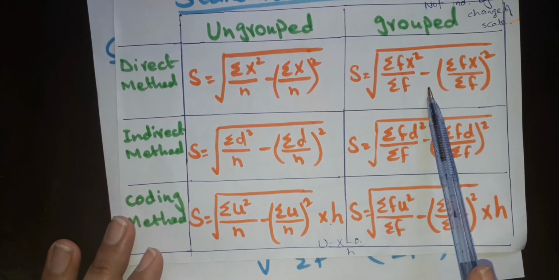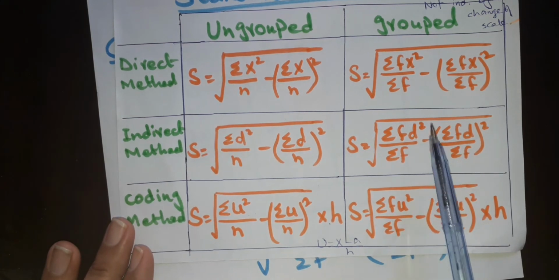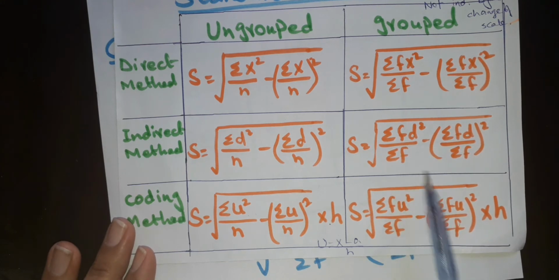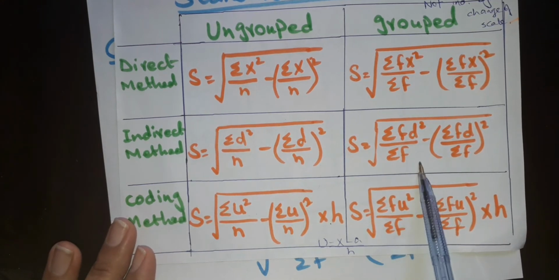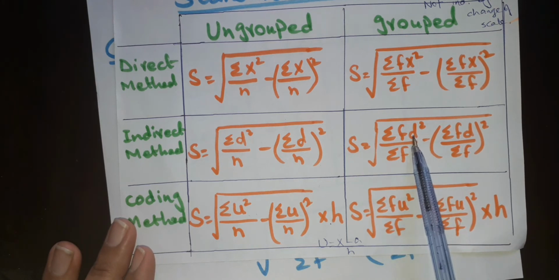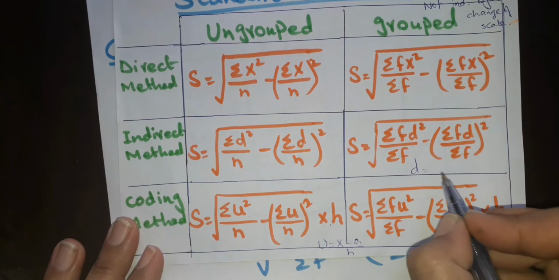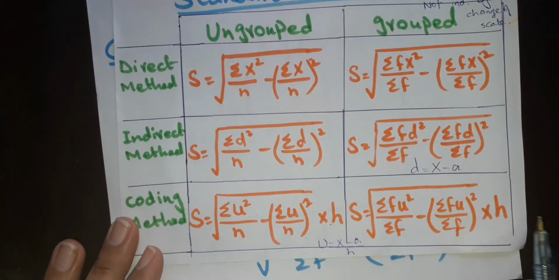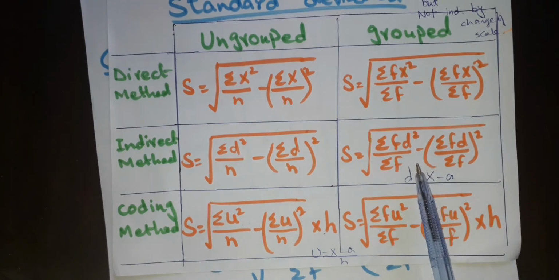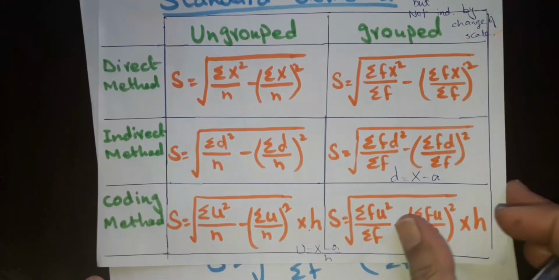I prefer this one formula. But if you think that values are complicated and you can use a shortcut formula, then use this one. It is also very helpful. You just have to make one more column, D. And how can we make the column of D? By using this formula, D is equal to X minus A. So I'm going to solve the question by this formula. You can use this formula also, but this formula is very easy for you.